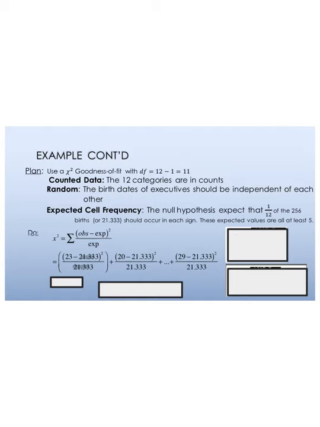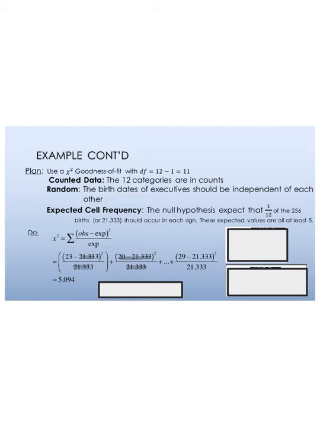Then if we look at the second zodiac sign within our table, notice 20 is the second number. Because all of our expected counts are the same, we'll still do 20 minus 21.33 quantity squared divided by the 21.33. And we're going to do this a series of times until we get to that 12th zodiac sign. This should give us a test statistic